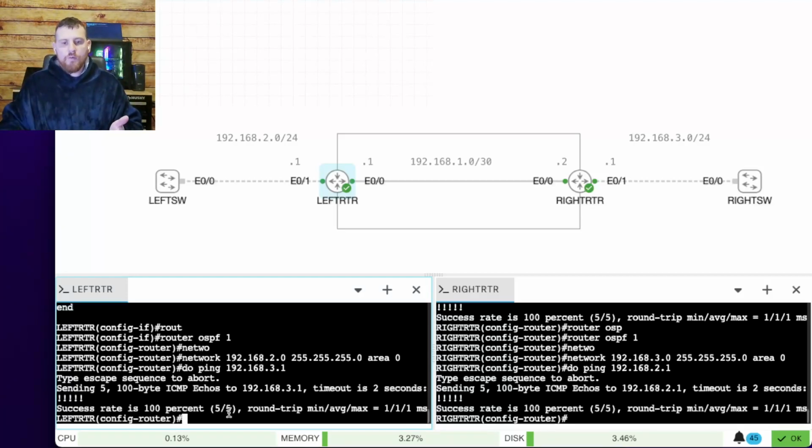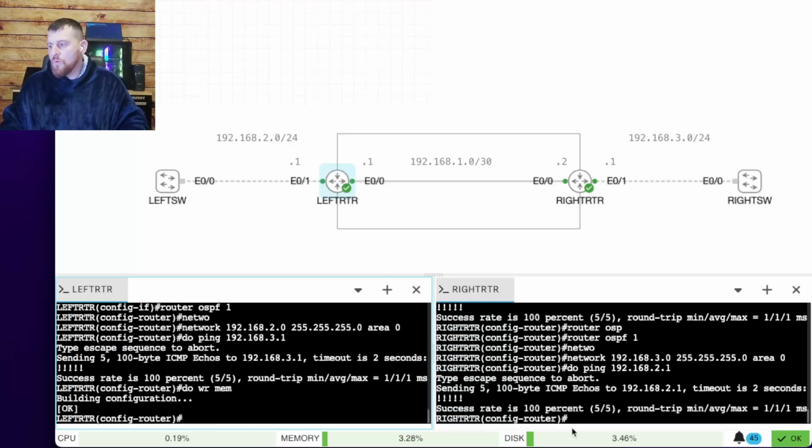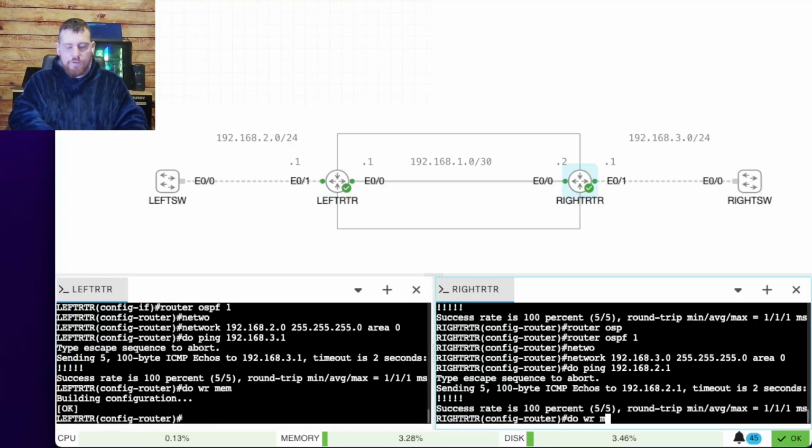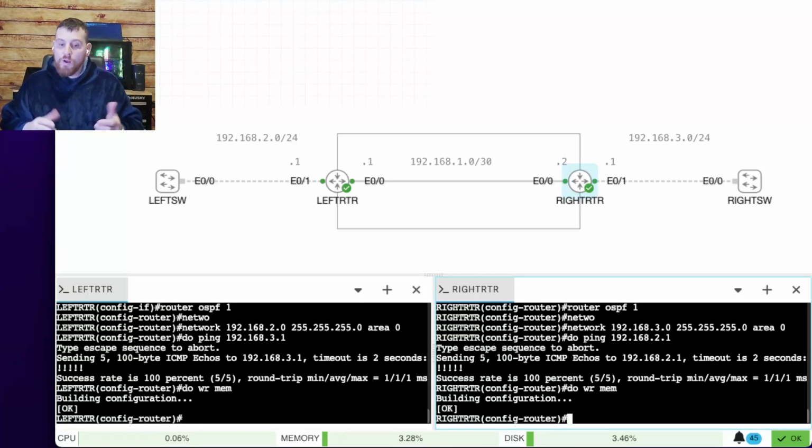So the basics of it that we want to extrapolate from this is you have to put a network statement for anything that you want OSPF to share across in its updates, right? So you have to make sure that that's in there. If you have any questions, also the last thing that I would say is do write mem on both of them just in case, so you don't have to go through setting it up again unless you want a lot of practice. And the last thing I'll say is, I'll have another video going over probably OSPF or DHCP,